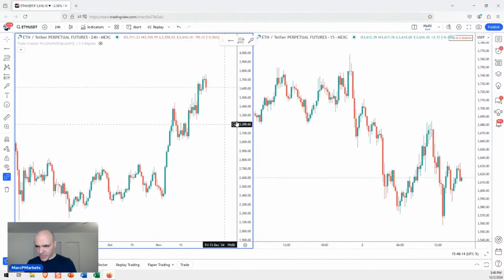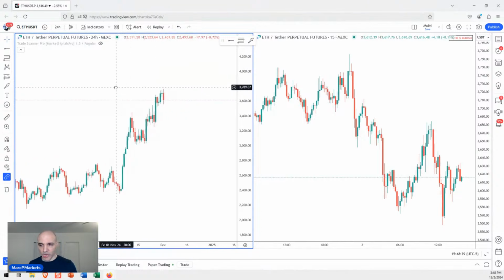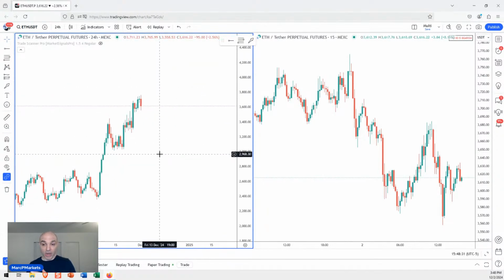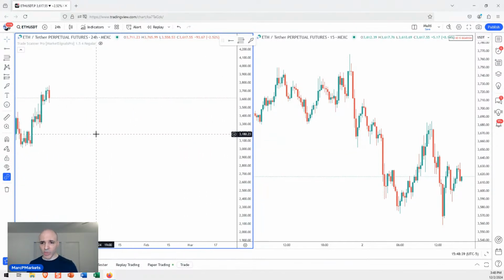All right, now, what I want to do is get some perspective. Now, like I said before, with the Trade Scanner Pro, we're making it so that what I'm about to do here, you won't really have to do anymore. But I'm going to do this anyway just for demonstration purposes because I want to take trades in Ethereum today. All right. So first, for those of you that don't know, I want to explain how the Trade Scanner Pro works real quick.